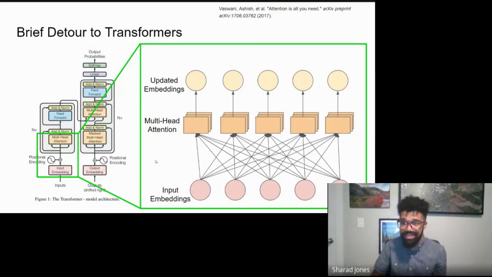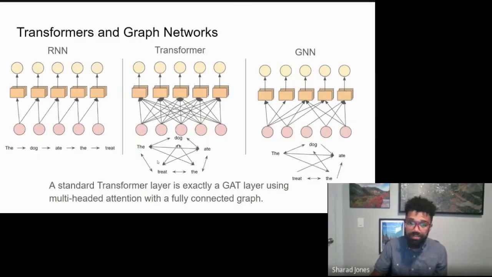And looking at this, it was drawn in a way to try to illustrate that this is a graph. By definition, or by construction really, a standard transformer layer is exactly a graph attention layer, if that graph attention layer is using multi-headed attention with a fully connected graph. And so to illustrate that, if we think again back to that sentence I showed before, the dog ate the treat, if we represent that by a graph where the words are only connected sequentially in one direction,